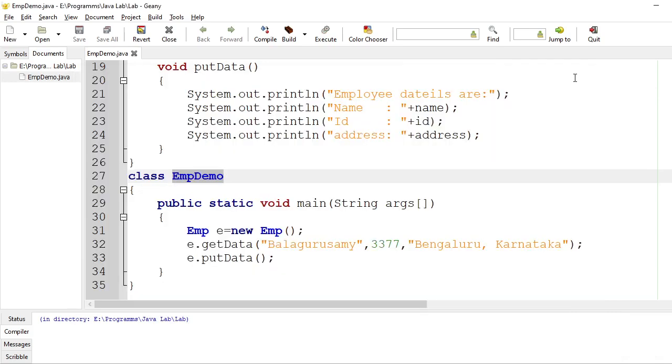Now this is about the second lab experiment. Do the experiment by changing the values, creating a number of different employee objects, and using getData and putData. Thank you.